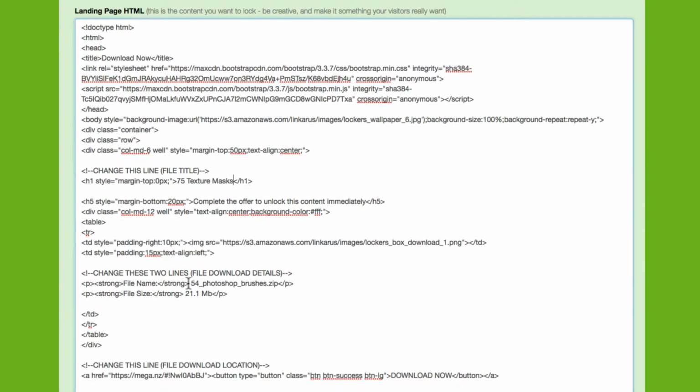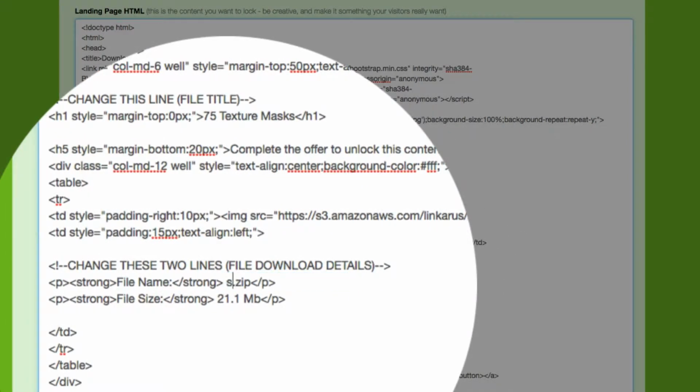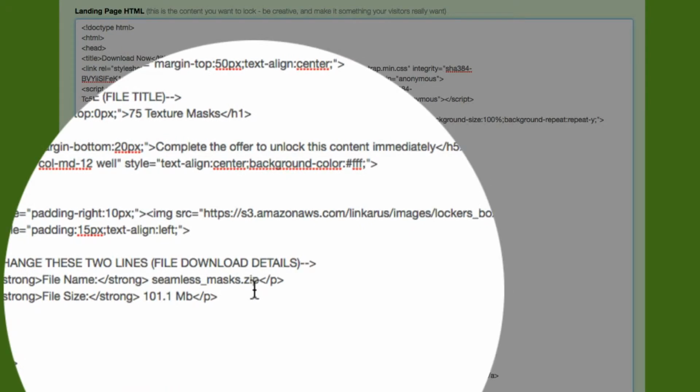And if I go down, it asks for the details of the file. So I'm going to go back, and the file is called Seamless Masks. So I'm going to change the file name to seamless_masks. And it also asks for the file size, which is about, let's say, 101.1 megabytes. You don't have to provide this information, you could just remove this, but it helps reinforce